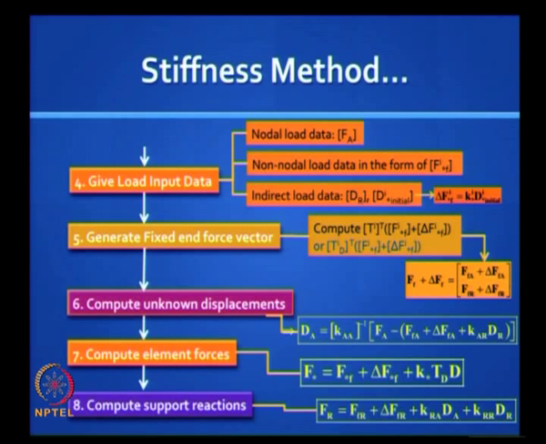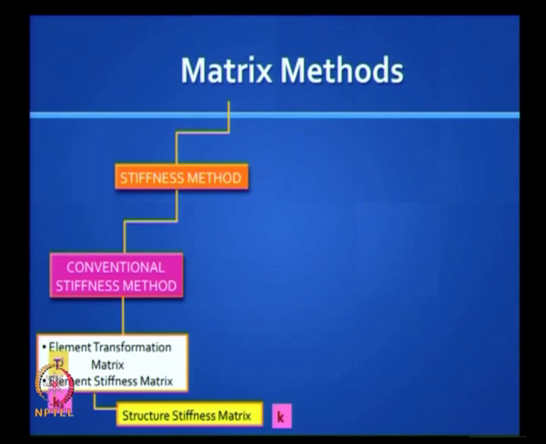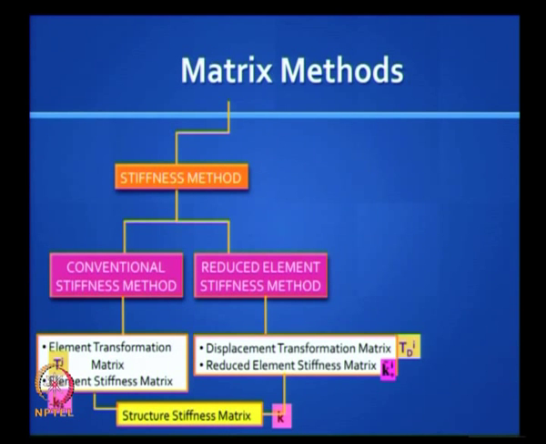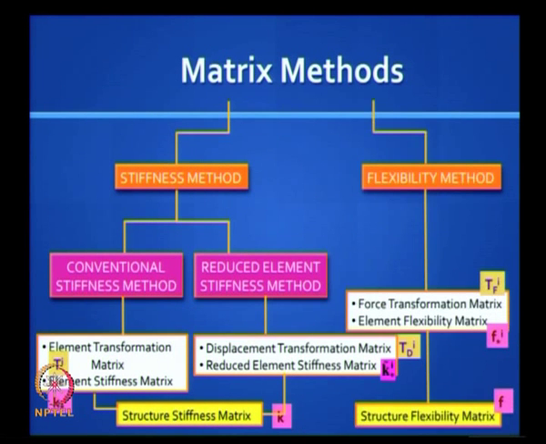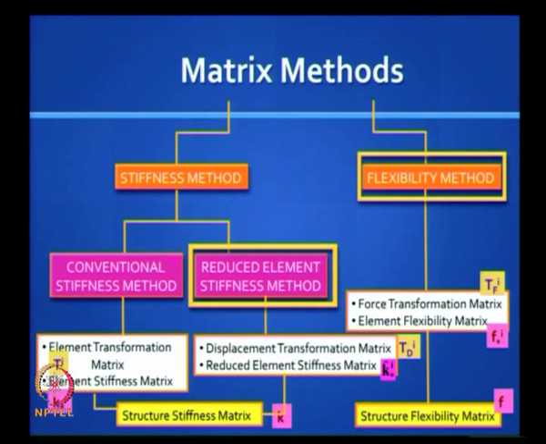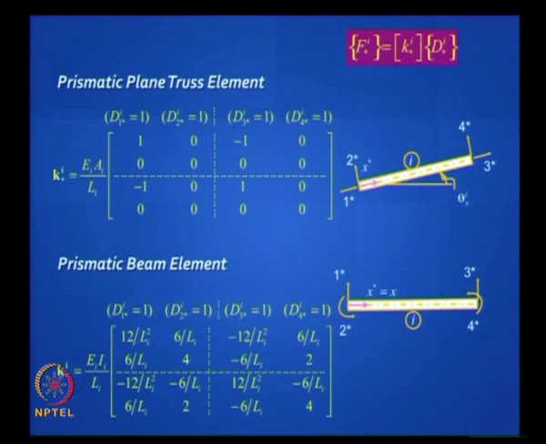But inside the black box, we are trying to see what is inside the black box and how it is working. So remember, we have got some idea of what the conventional stiffness method is. We are now going to look at the reduced element stiffness method, and we will also look at the flexibility method in the next class. But something is common to these, and I want you to understand.